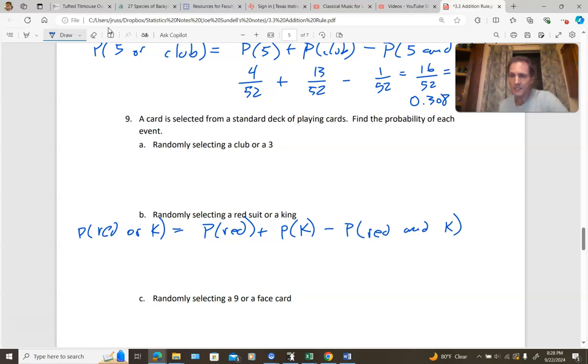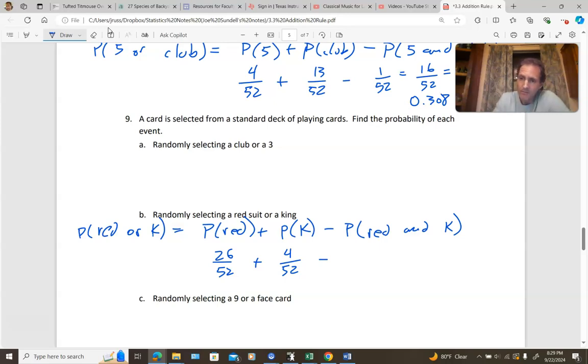And these events are not mutually exclusive. So the probability that it's red, well, how many red cards are there? You guys know that half are red and half are black. So that means 26 out of 52 are red plus probability of selecting a king, well, there's 4 of those, so 4 out of 52 minus, and then we know that there is a red, actually,